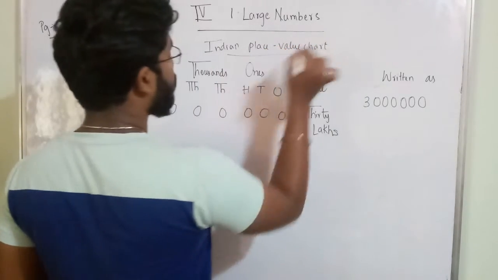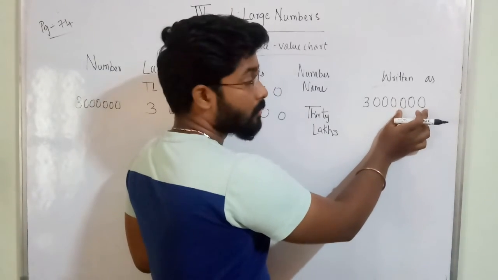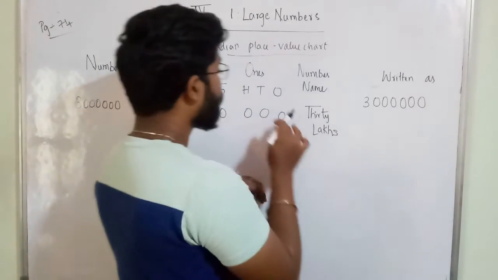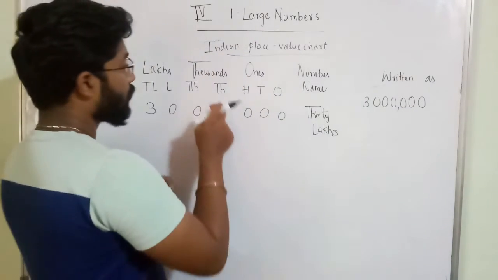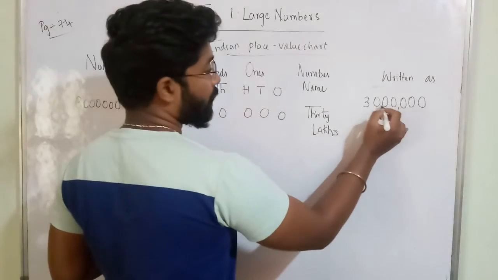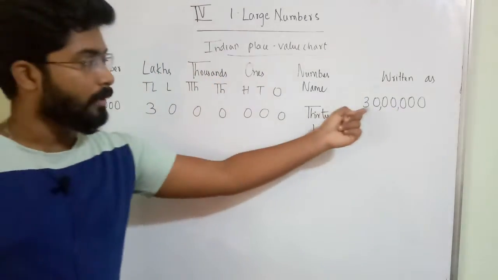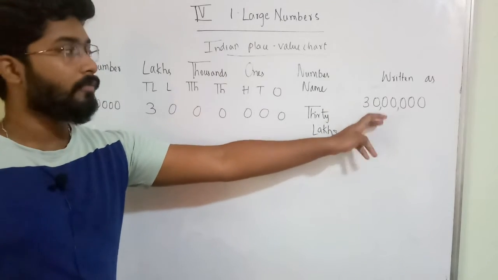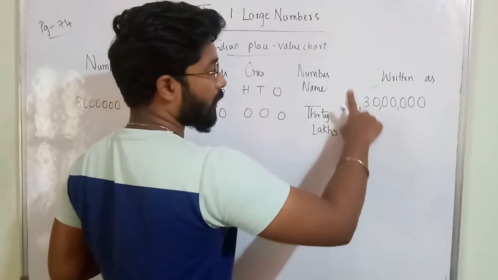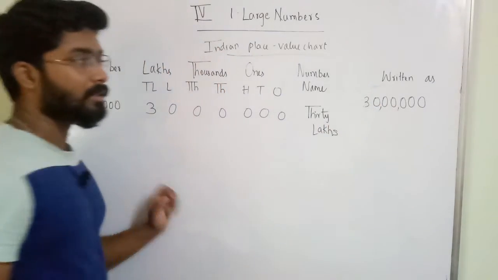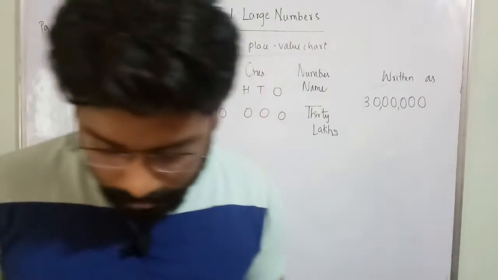Okay. So we are talking about last 2 examples, no? So in Indian place value chart, ones period will have 3 place values, no? So after these 3 place values, put 1 comma. So thousands period will have 2 place values. So after two digits, put 1 comma. Okay. So 10 lakhs will have 2 place values. So that is enough. If one more digit is there, you have to put comma here. Suppose here 7 is there, you have to put comma here. Here nothing is there, no? So you have to remain it like that only. Okay. So what is the number? 30 lakh is the number. Clear? So next one.